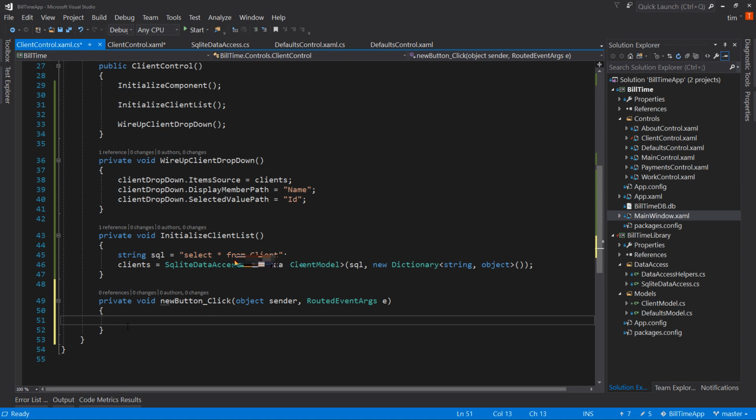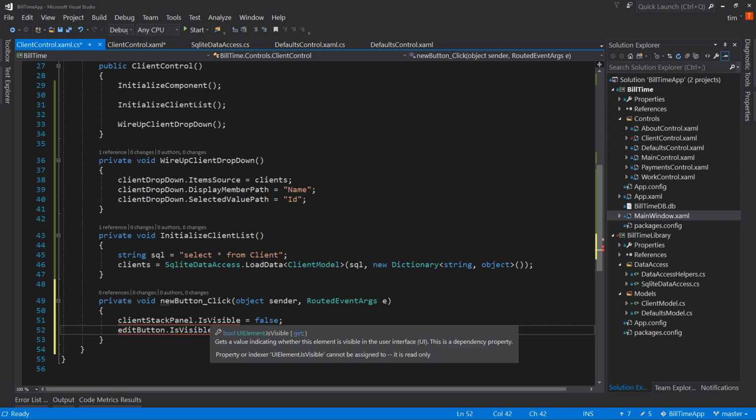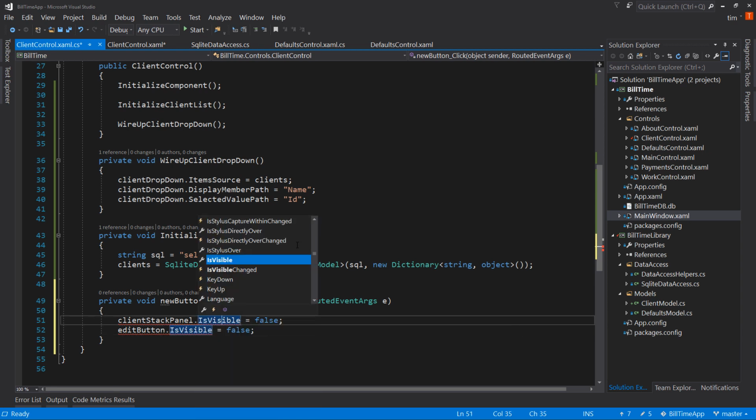We'll find out which one it is. So we'll try IsVisible first, equals false. And then also the button, which is the edit button, IsVisible equals false. Let's see if that works. It's looking like no, because it cannot be assigned to, only read. So therefore it's not IsVisible, but there was a